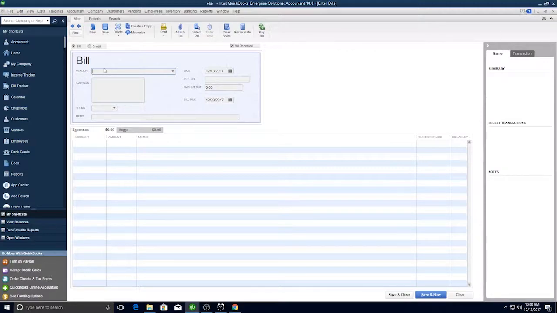So on the bill screen, we can see here that we have a place for the vendor. So we'll go ahead, and we only have the one, so we have Big John's Vendor Emporium. All of the address information is auto-populated, and those terms that we set up previously are auto-populated into the terms list as well. We can set a reference number, so typically this will be whatever the bill's reference number is. So we'll go ahead and make one up. The amount due,